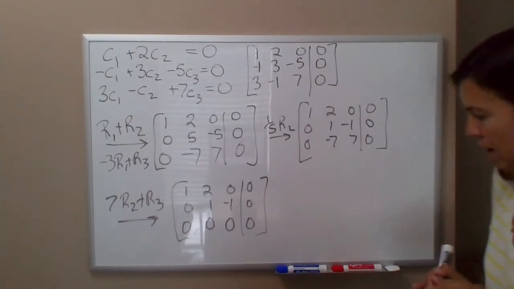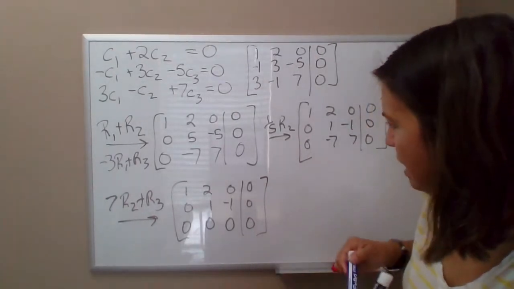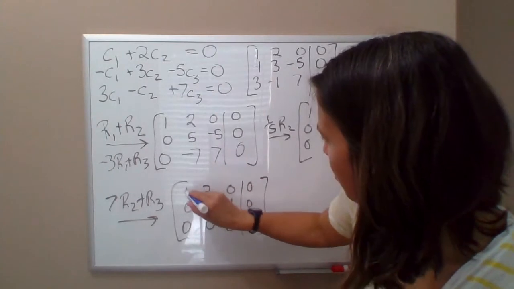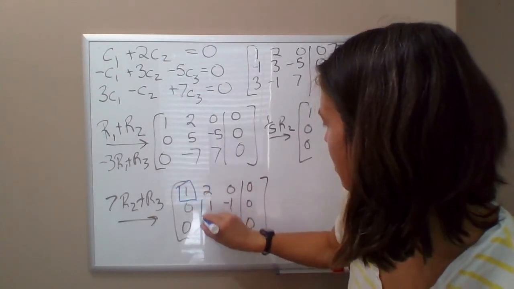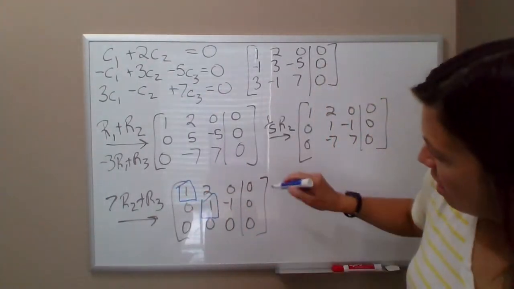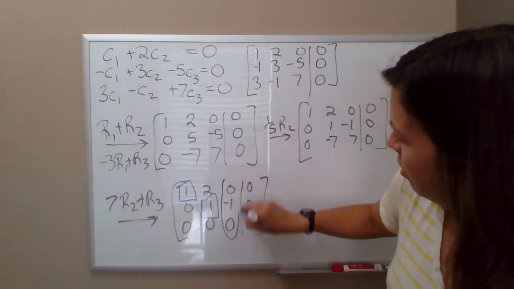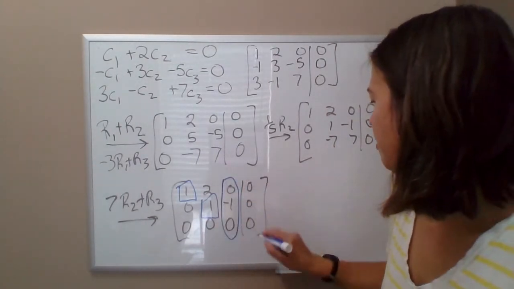So at this point, we see that here are your pivots, here and here. Column 3 is not going to be a pivot column. So C3